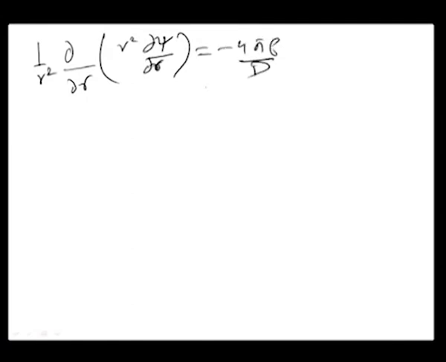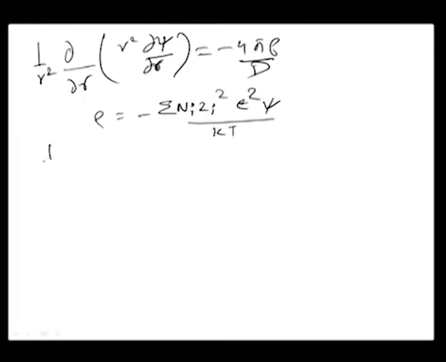So here, let us try to solve this differential equation which has been obtained: 1 by r square del by del r times of r square del xi by del r equals minus 4 pi rho by d. We already know that rho has been illustrated before in an equation which you formulated earlier as minus n i z i square epsilon square times the potential function xi by kT.